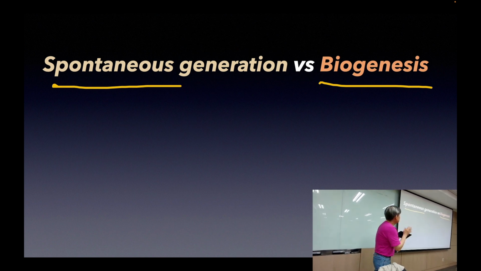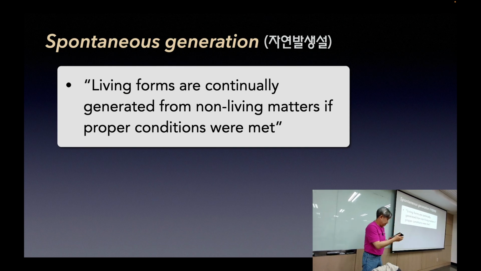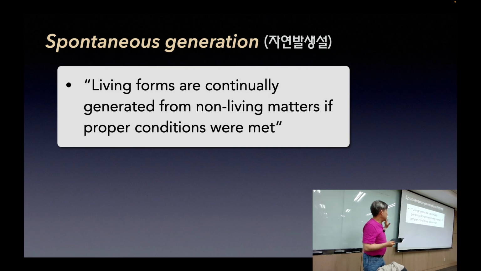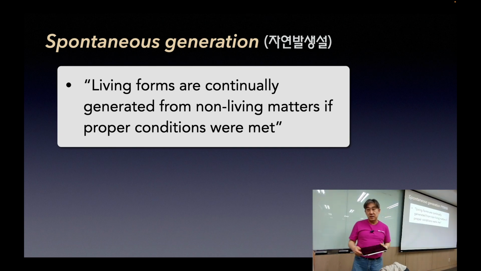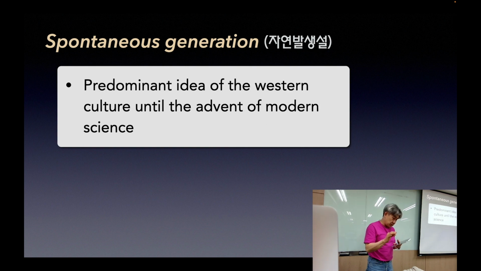So let's try to compare these two. Spontaneous generation was the earlier form of this theory, and it states that living forms are continually generated from non-living matter, but there is only one condition, which is